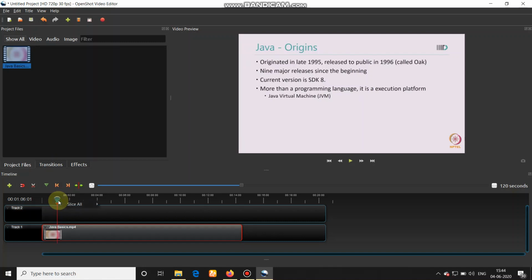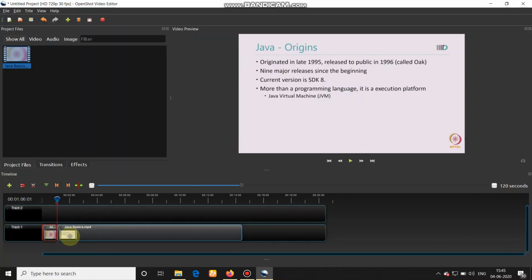Right click the slider, select slice all, which has 3 options. It is asking whether you want to keep both the sides, or left side, or keep right side. What it does is slice your clip into 2 parts. We are considering now for this particular video clip keep both the sides. So as you can see here, it is going to slice your video into 2 parts.